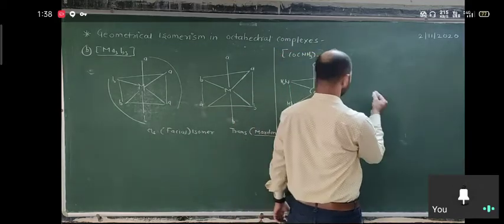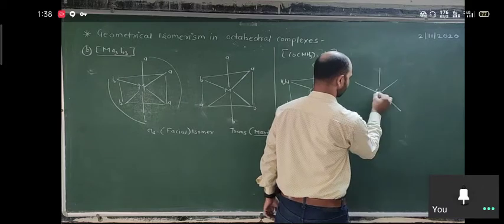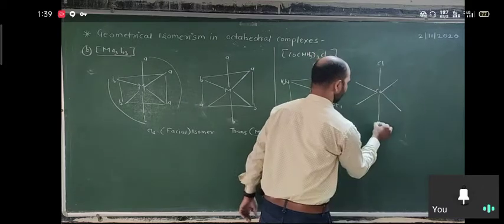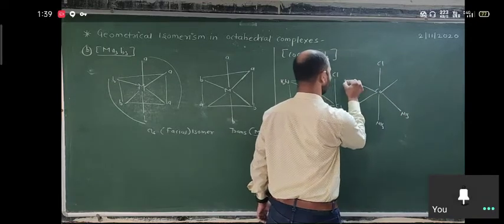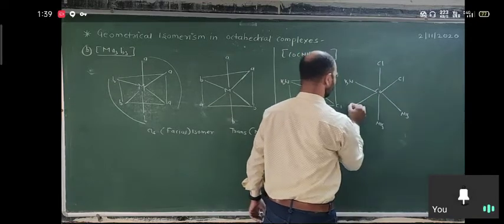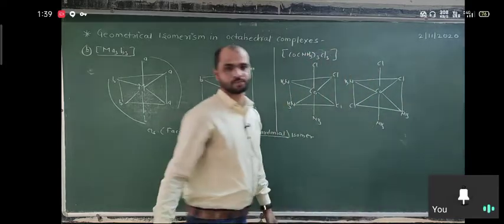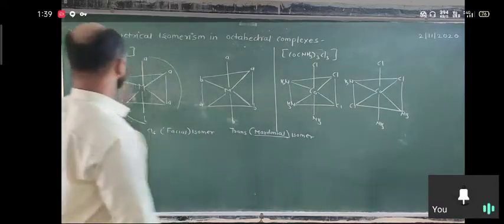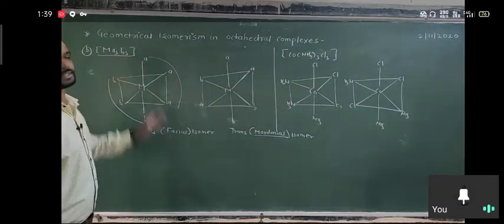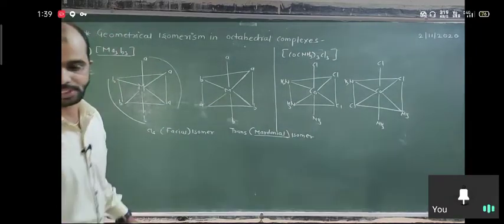And for meridional, Cl, NH3, here is the NH3, Cl. So this way we can draw the possible cis and trans isomers of the given MA3B3 type of complex. The next type of complex we are going to discuss is